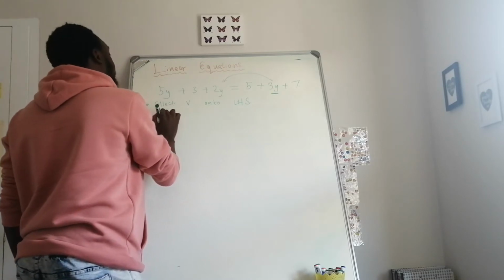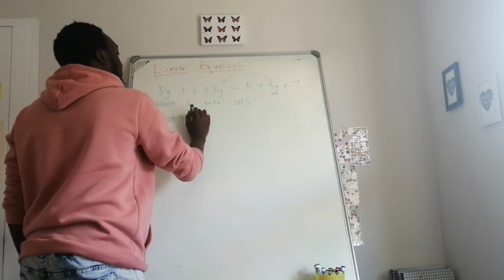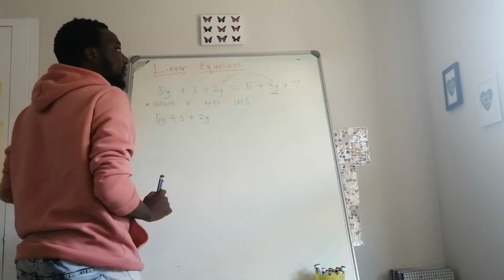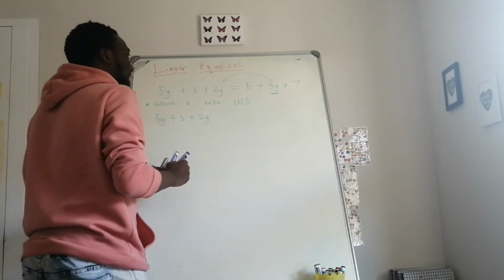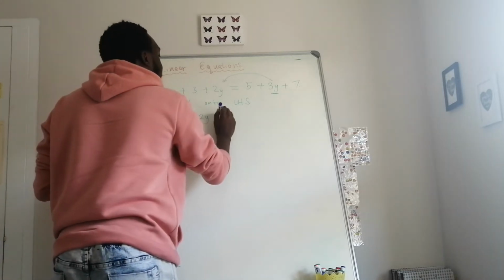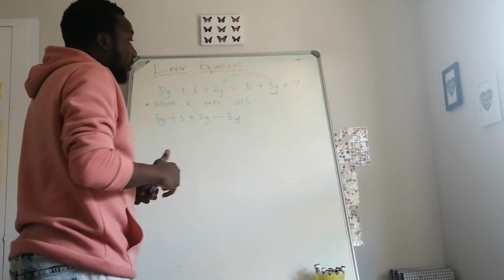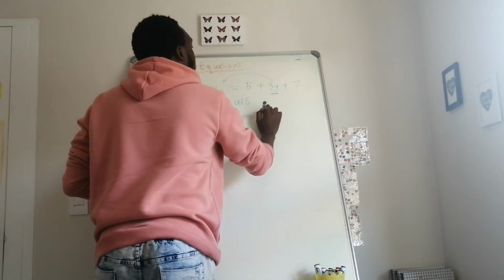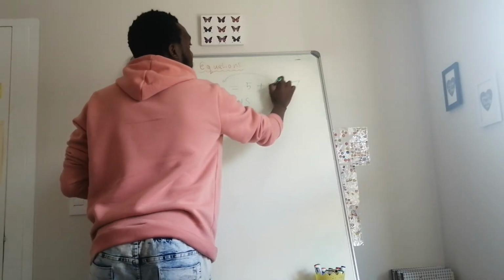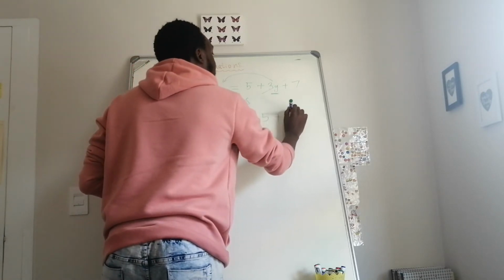So I have 5y plus 3 plus 2y. The positive 3y becomes a minus 3y, and then this is all equal to 5. This one is gone now, so don't rewrite it there, and you just have a 7